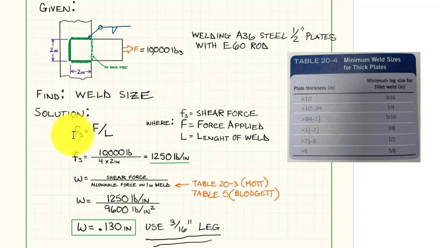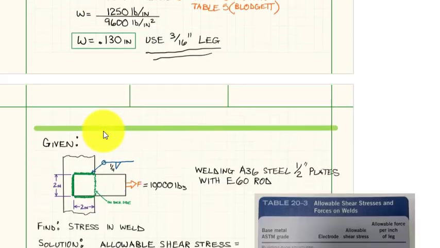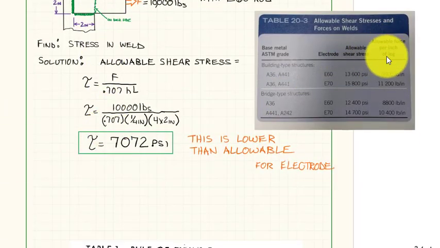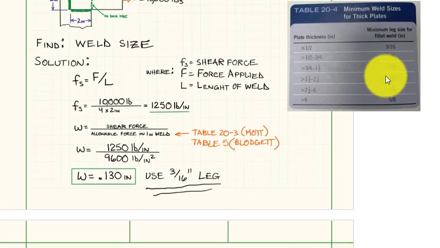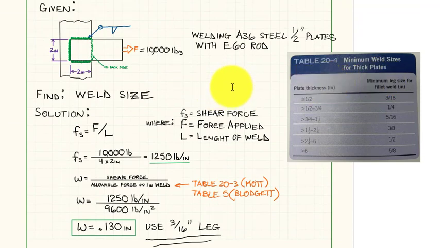Okay, here is our force in shear. Now where did we get that at? Let's go back here. Remember that allowable force right here, 9,600? That's where we're getting that value there. Okay, we're going to remember that value. That's the allowable force of a 1-inch weld here. So what we want to do is get the shear force for this weld, and we're going to take the force divided by the length of the weld. So we can take that 10,000 divided by the length of the weld, which we have 4 of them at 2 inches, and that comes up to right here